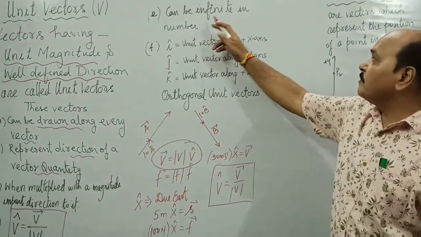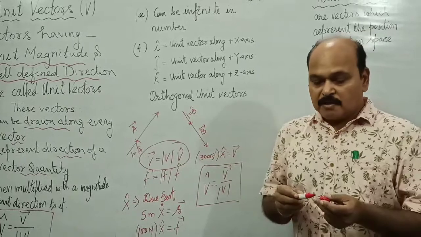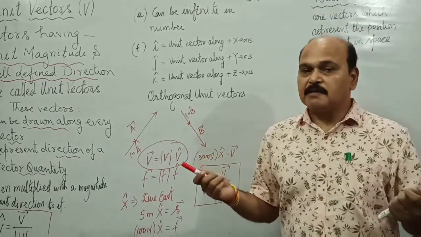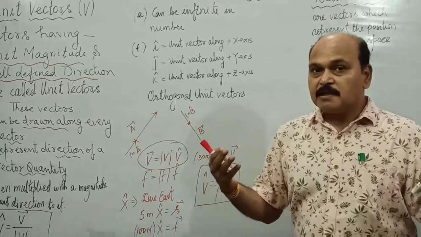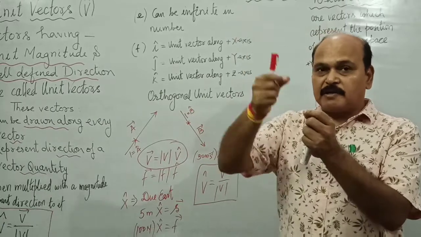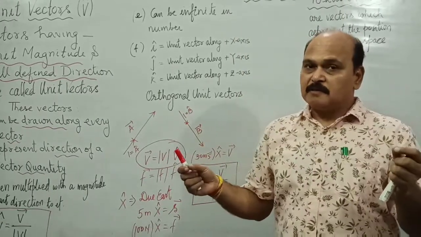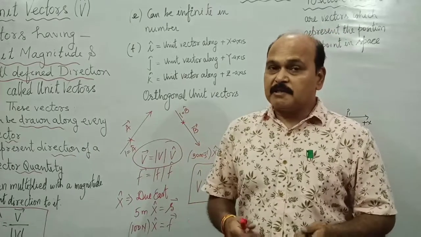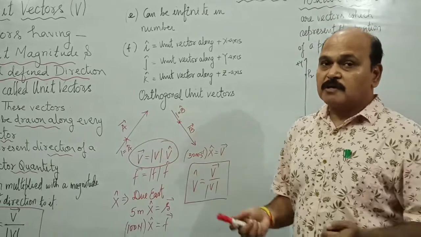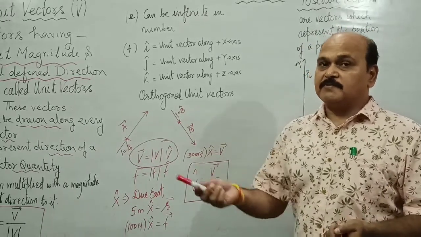Unit vectors can be infinite in number. Well, how many directions are there in space? Infinite, or space is infinite dimensional. So there can be infinite unit vectors in infinite possible directions in the space. But if we take space as infinite dimensional, it would be very difficult to work out our mathematics. It would be very difficult to represent a space vector.